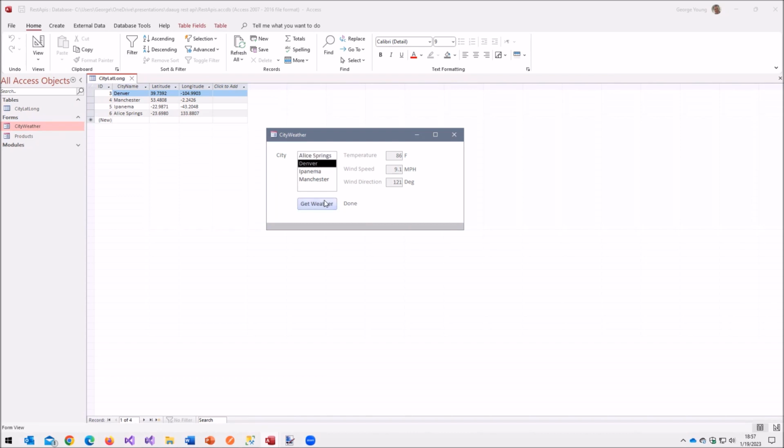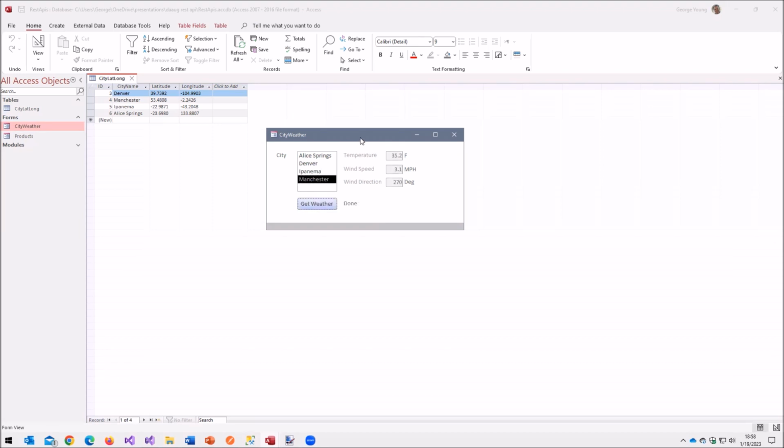So what's it like in Denver now? Nice and warm in Alice Springs. Denver, we're at 20 degrees Fahrenheit. That's well below 0 Celsius. In Ipanema, it's a balmy 70, and in Manchester, I'm sure it's like 10 degrees and raining. Yeah, 0 and raining. Okay, so this is a web API. This uses just a get to go off and get weather data.